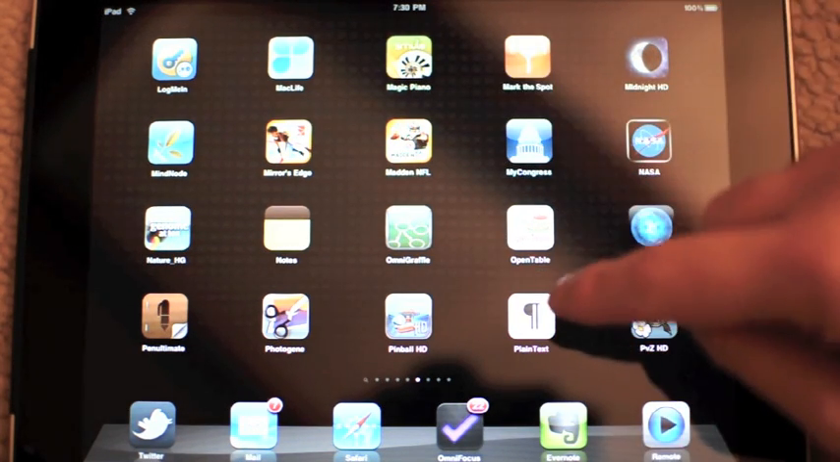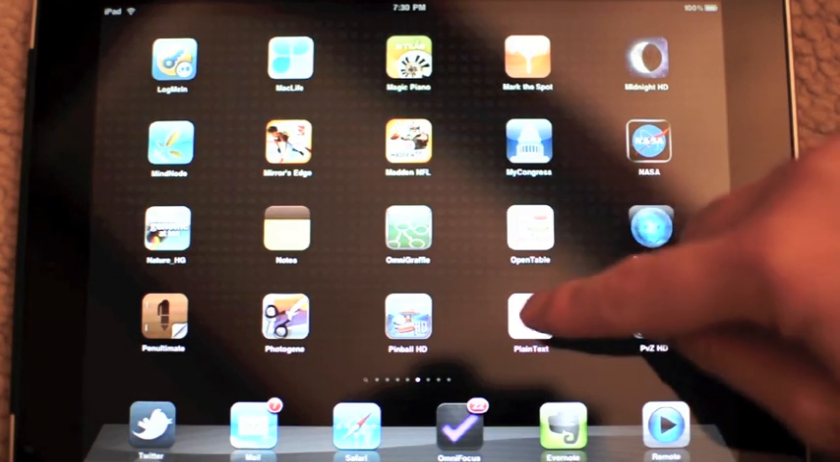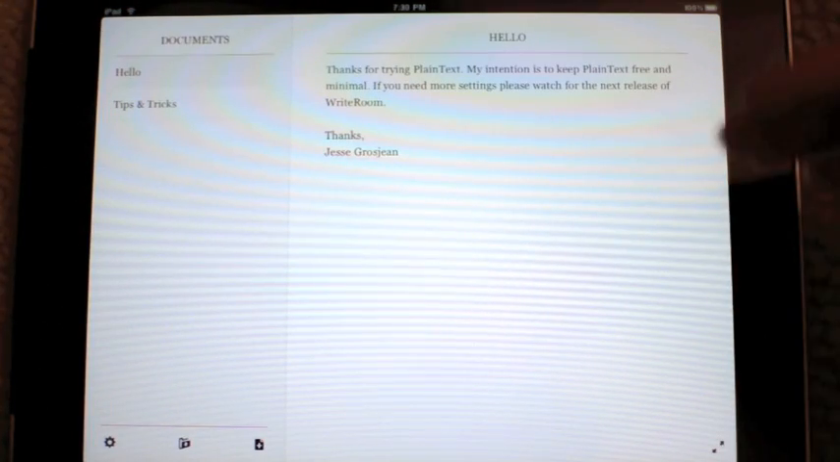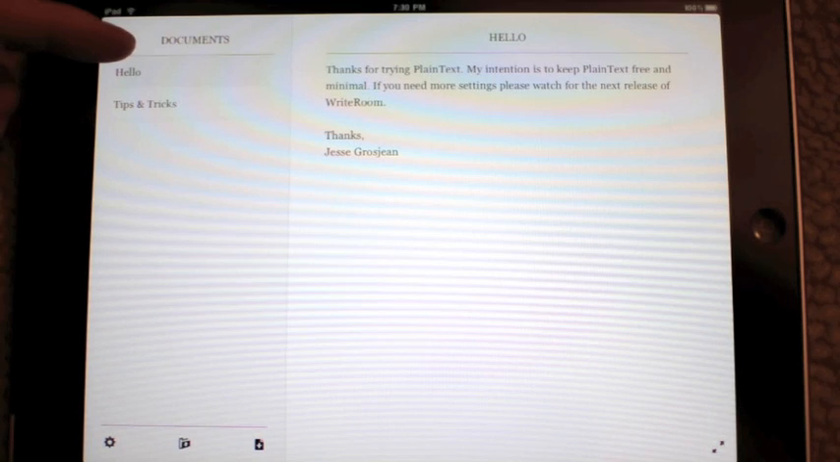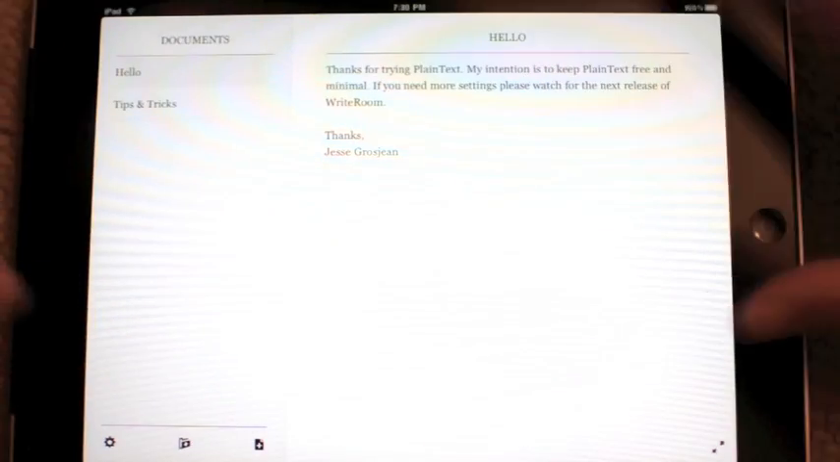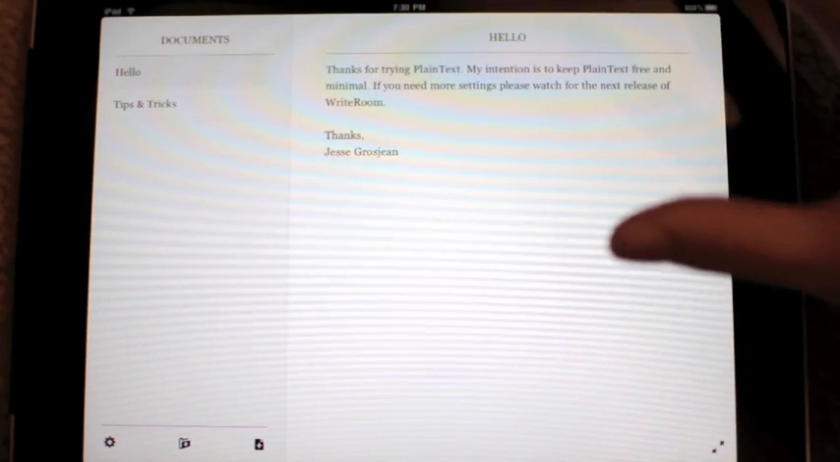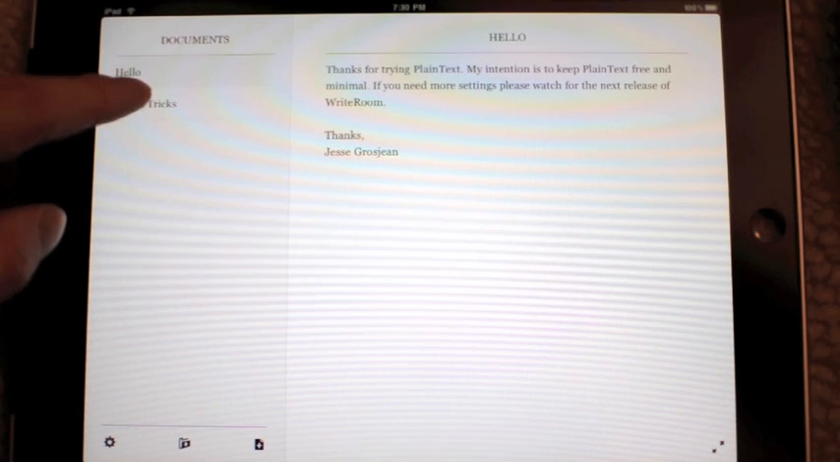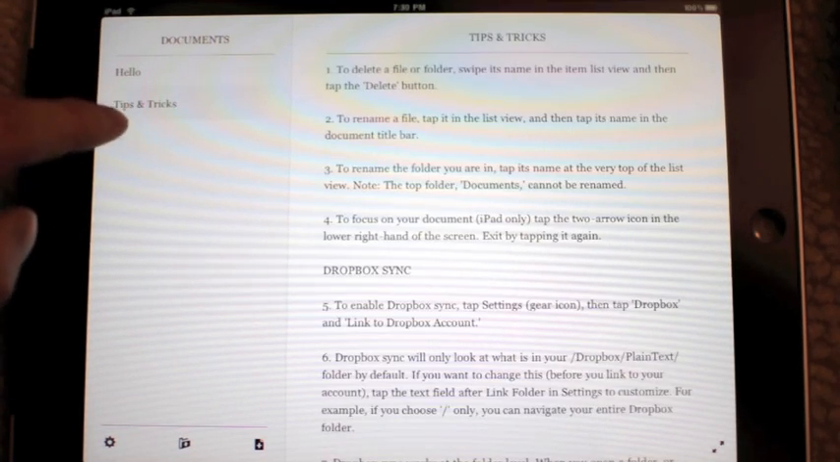It's a plain text editing app, and if we tap on it, you see when it opens up you have a very clean interface, and I like the typography as well. It's very nice. Over on the left you have a list of all your documents, and so you can create